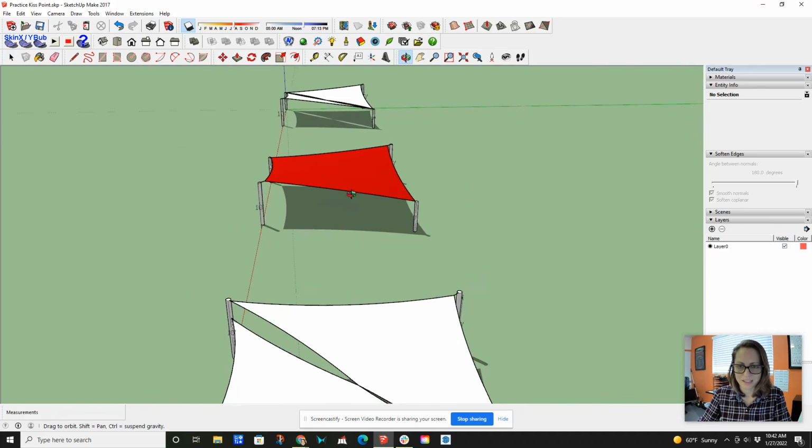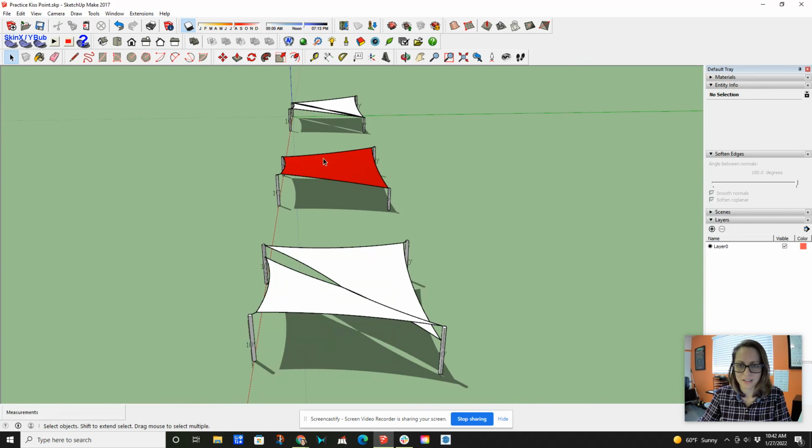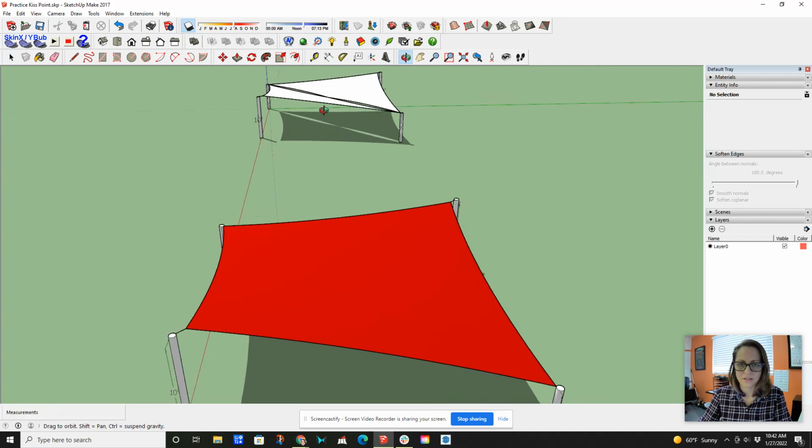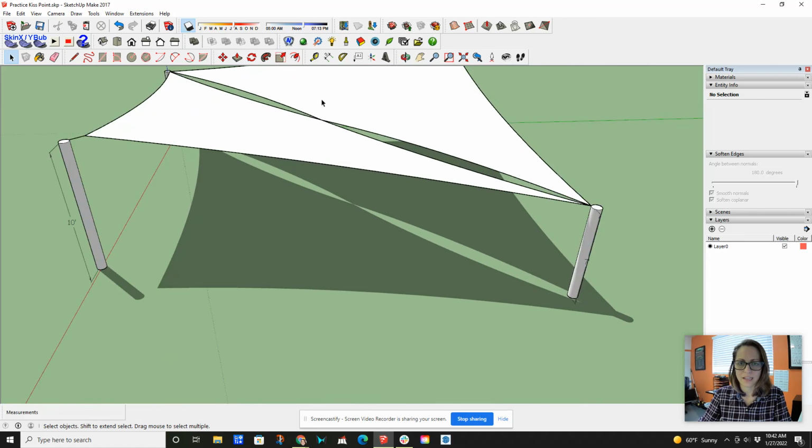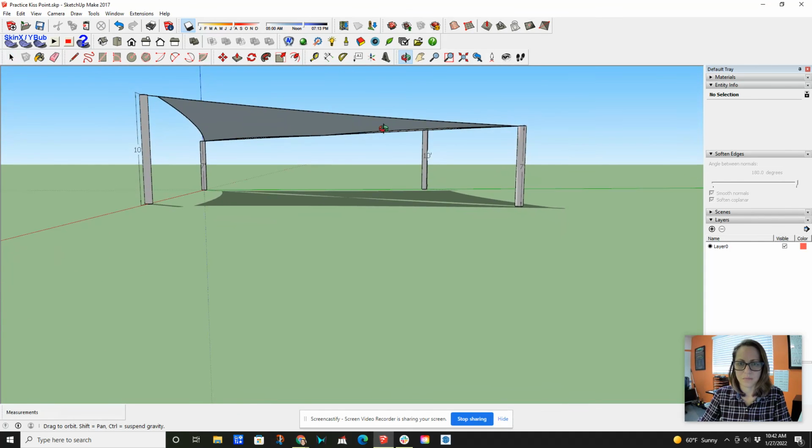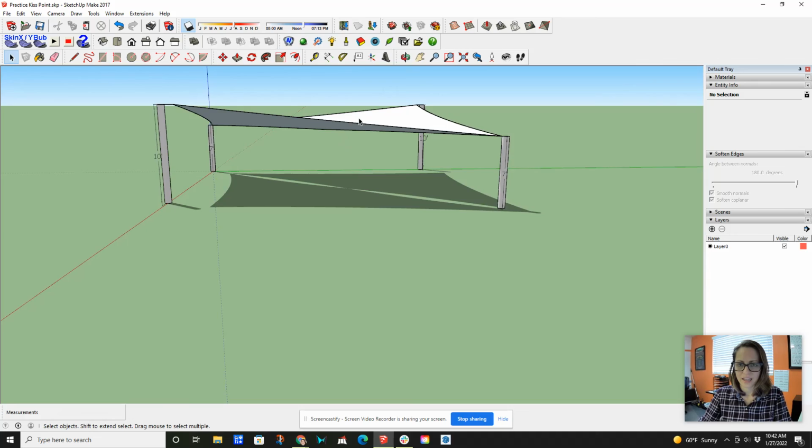You can see all of my examples here. I have a high part twist, solid square shape. This is the first one I did with the kiss point in the middle, where essentially they're on the same plane. And those